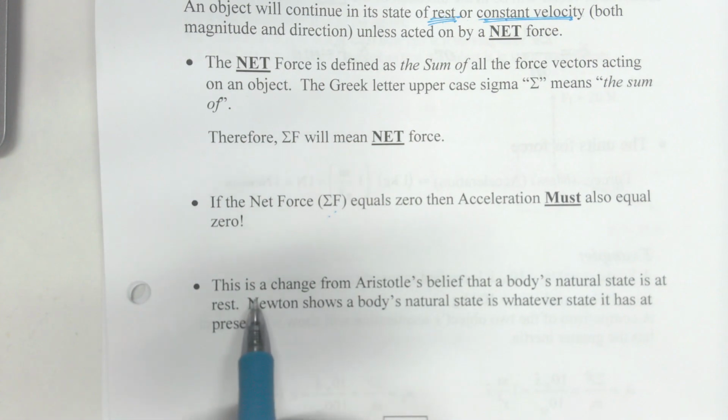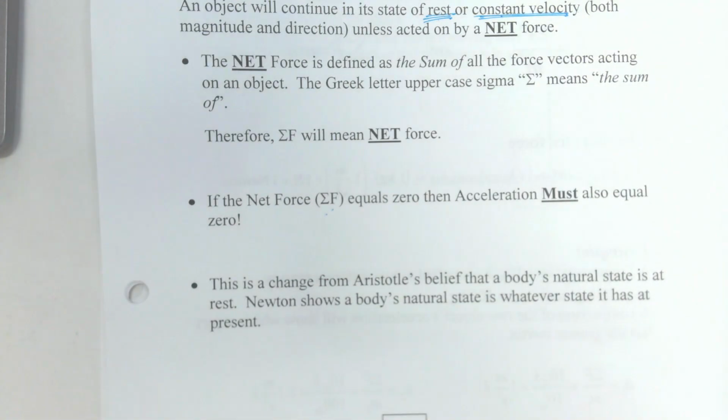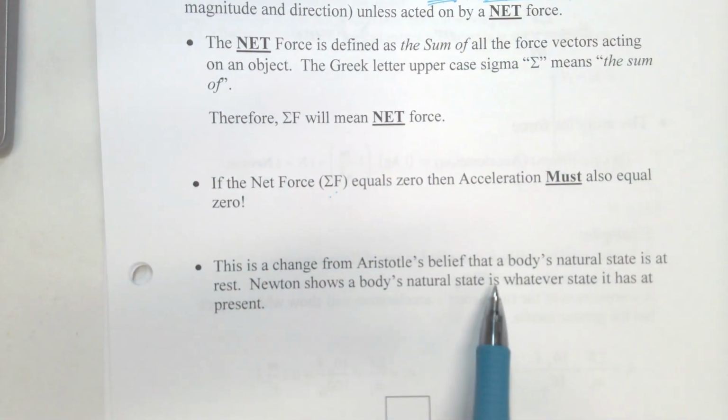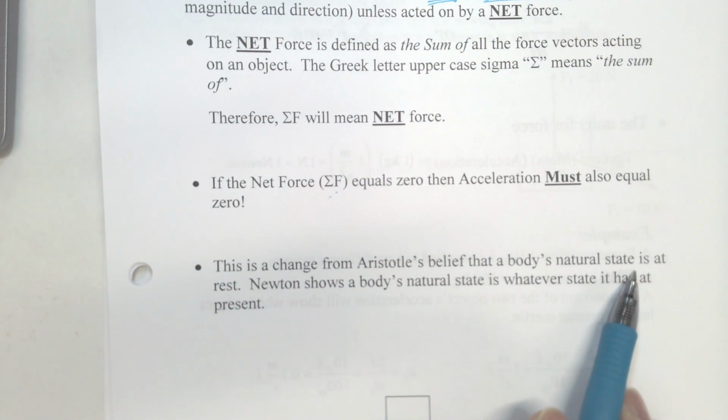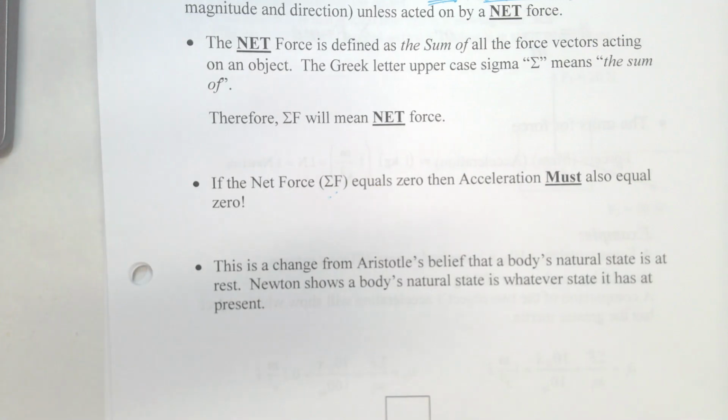This is a huge change from Aristotle's belief that a body's natural state is at rest. So Aristotle believed an object's natural state is always at rest, but that's not true. Newton came by and said a body's natural state is whatever state it has at that moment. Okay? Now Galileo